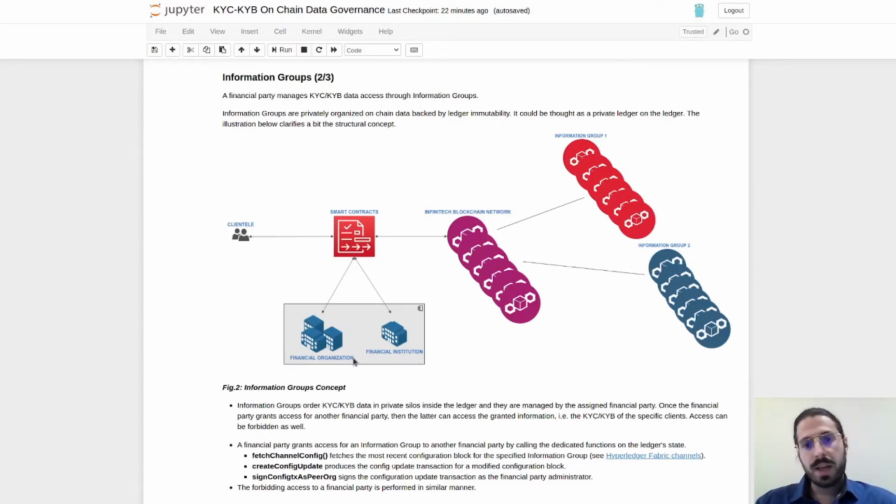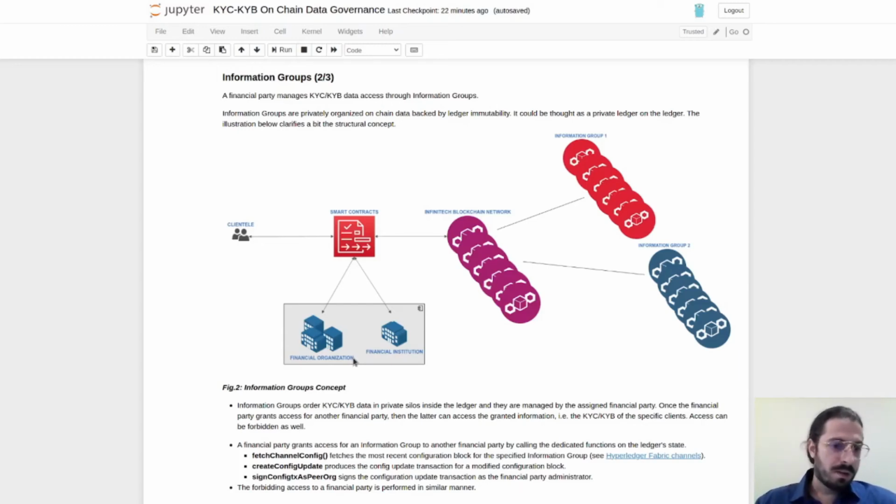So in this grouping of the data, every financial party that has a managing role on this kind of group is able to grant and forbid access to other financial parties about the client's data.